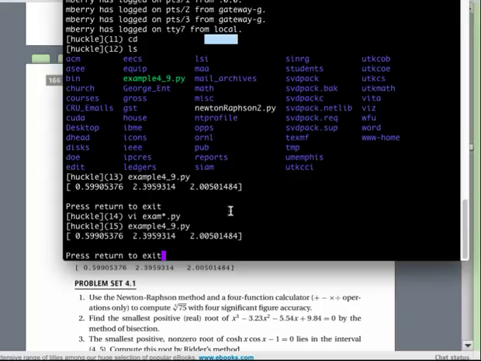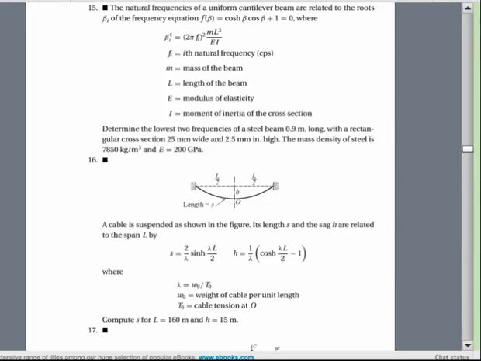So here's an example of using the Newton-Raphson 2 from structural mechanics. This is problem 16 on page 167 in your text. And the concept here is looking at a cable spanning a particular length. So let's assume the length here between two